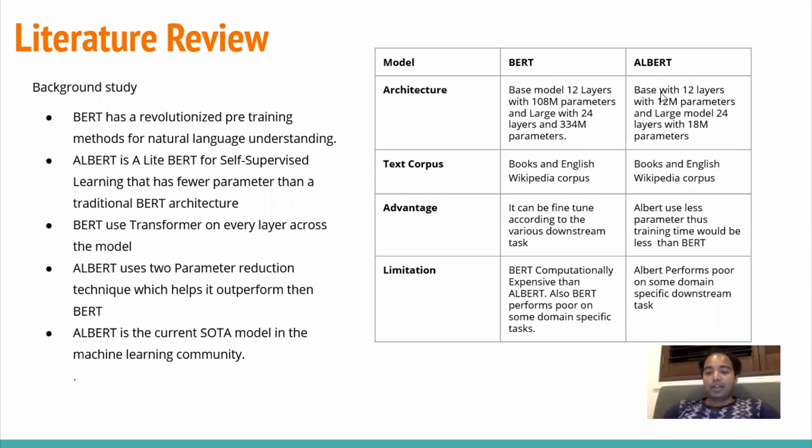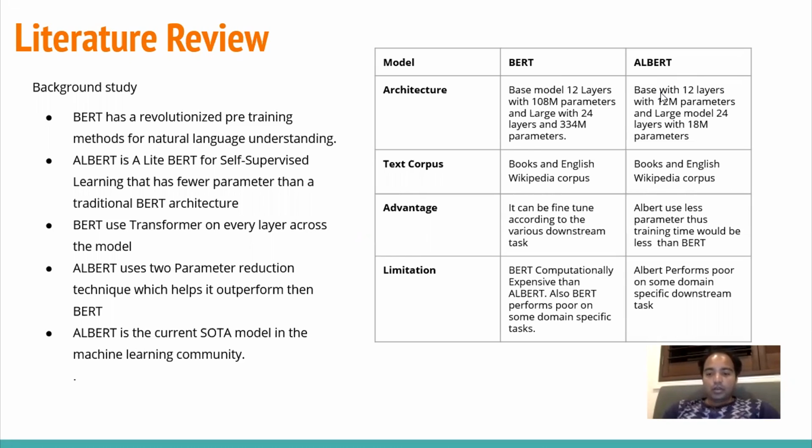With the advantages, let's talk about the advantages the BERT has. The BERT can be fine-tuned according to the various tasks which we have, but the Albert model uses a parameter sharing technique. For example, we can explain it like this. If the BERT carries out those tasks in 500 steps, the Albert model can do it in less than 200 or 300. And it also outperforms the BERT because it uses the parameter sharing technique.